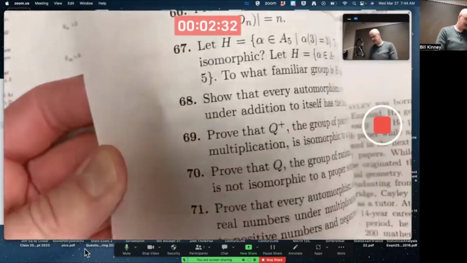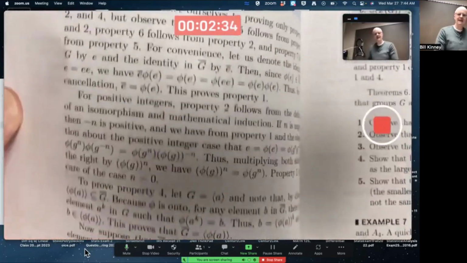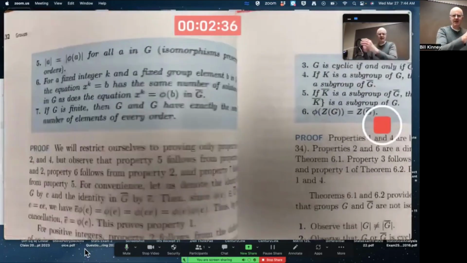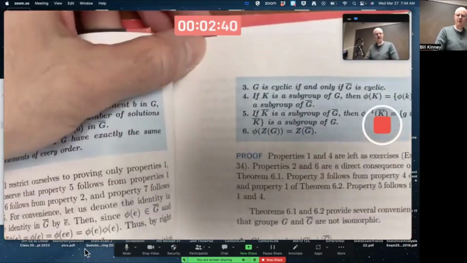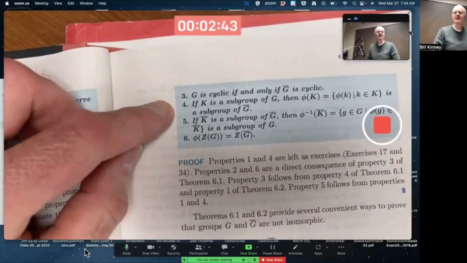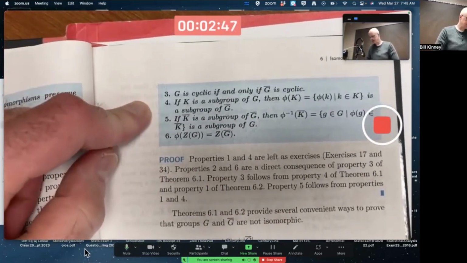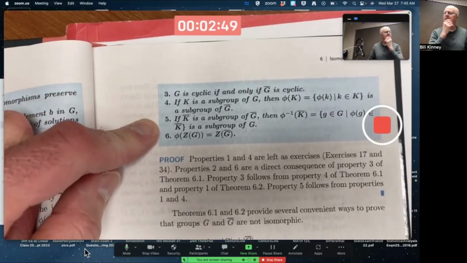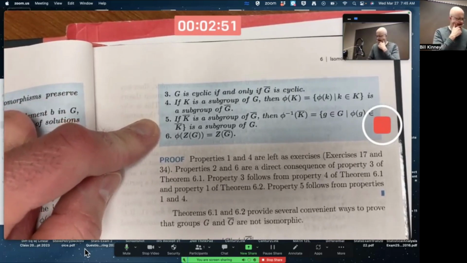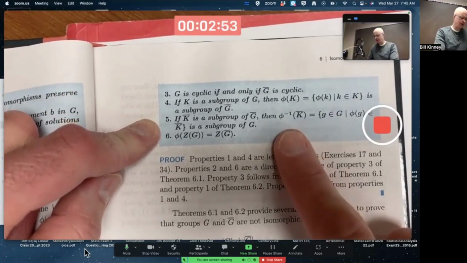This exam officially starts in the middle of chapter 6. Last exam did have, for example, a proof, I believe, of this property using a subgroup test that a direct image of a subgroup is a subgroup. And I also think I talked about it in class and gave you maybe a homework problem where you did the